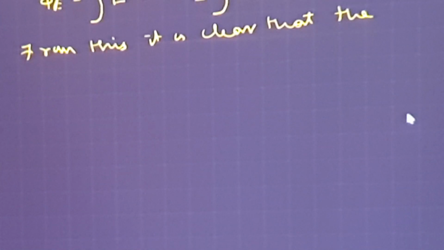What are the factors on which the electrical flux is depending? From this it is clear that the electrical flux, you see the formula, for a given surface,